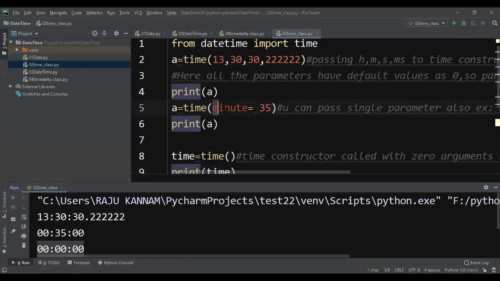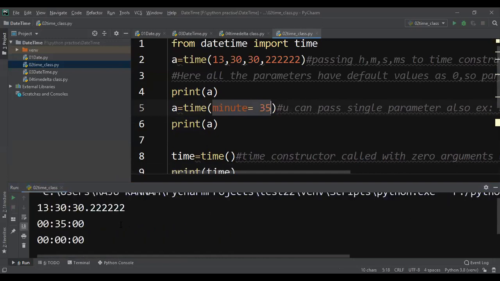And if you want, you can give only one parameter out of the 5. Now I want to indicate only minute. I have not given hour, second, microsecond, or tzinfo. So here you can see it is the 0th hour, 35th minute. So by using the time constructor, you can set any time in your application. And if I want to get both today's date and today's time, both pieces of information,